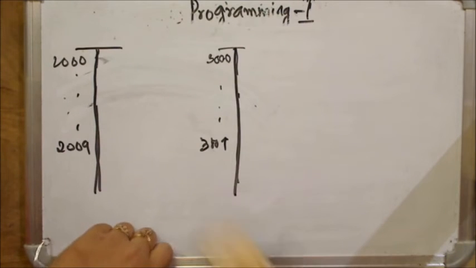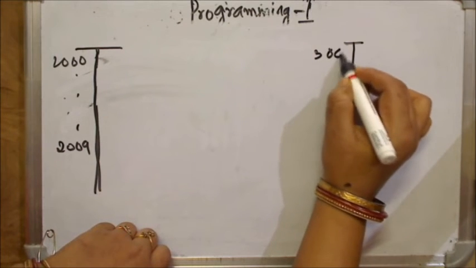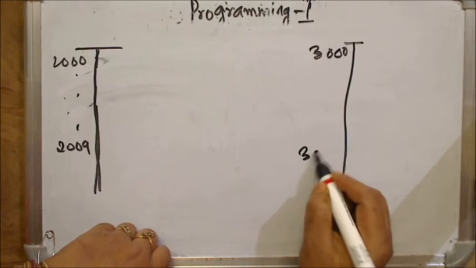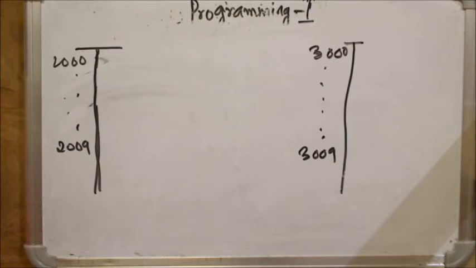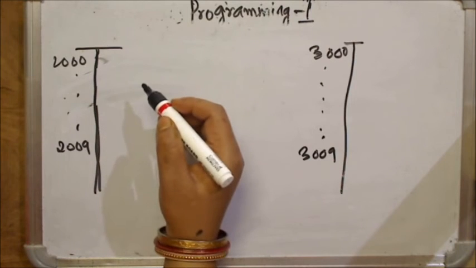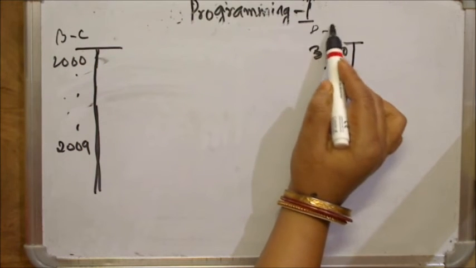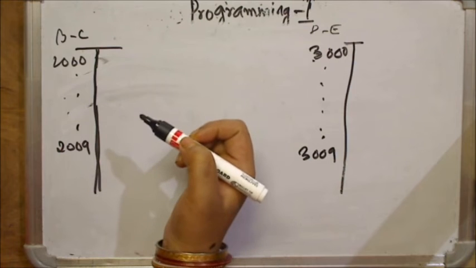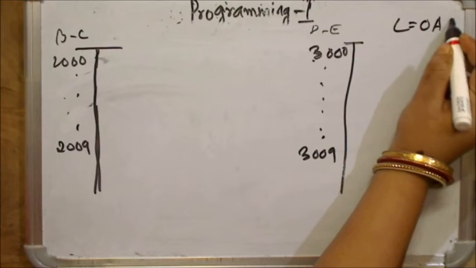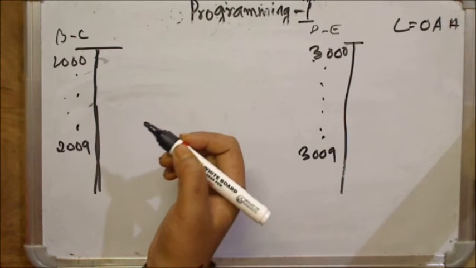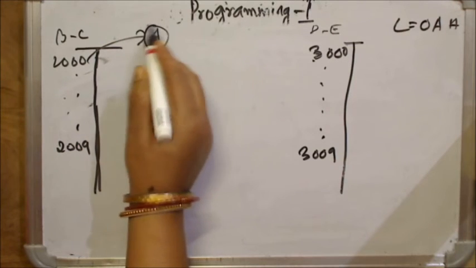So first we will see how to exchange the data of one memory location. Then you can exchange the data of other memory locations in the same way by putting it in a loop. That is the advantage of indirect addressing. Now see here, what will we initialize? We initialize the BC pair with 2000, and the DE pair with 3000 first. Then we initialize the count L with 0AH. Fine. Now take the data pointed by 2000 into A. This is the first step.